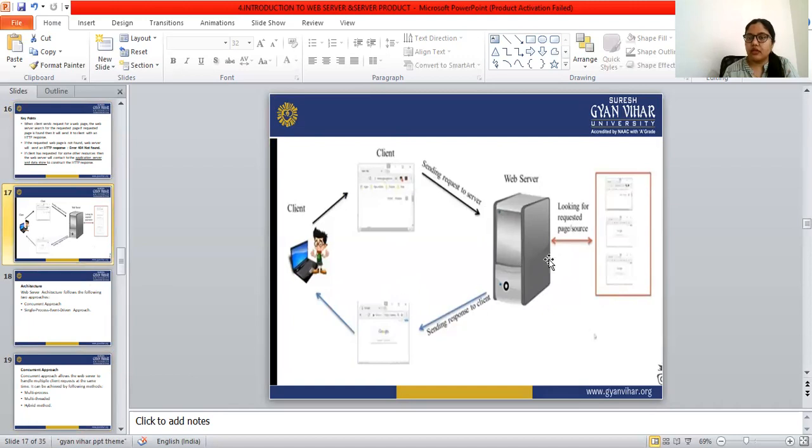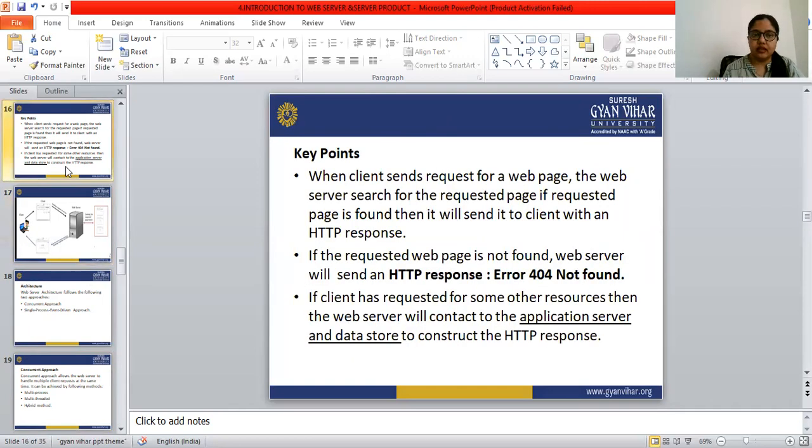So this is the working of the web browser and the web server, and this is the way the web browser communicates with the web server. Let's see in detail. We have already seen that diagram.